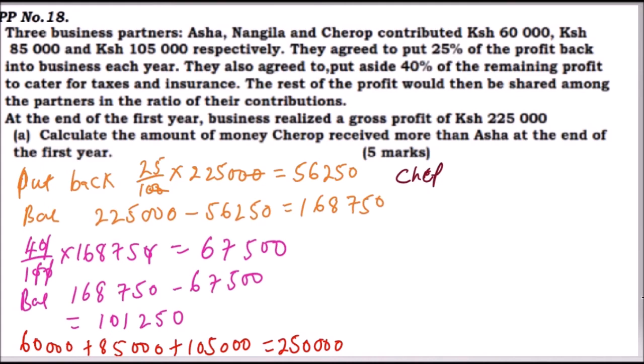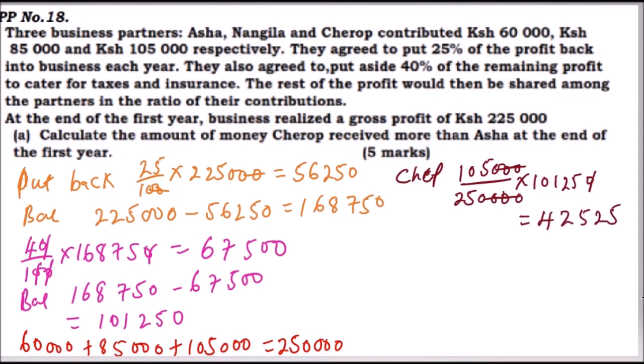So we can say Cherop had contributed 105,000. You divide by 250,000, the total amount contributed, and you multiply by the profit to be shared, which is 101,250. And when you compute that, you can simplify there by dividing the zeros, and when you multiply that, you find that Cherop got